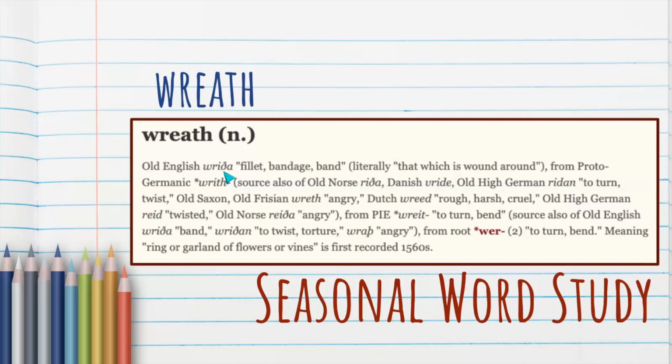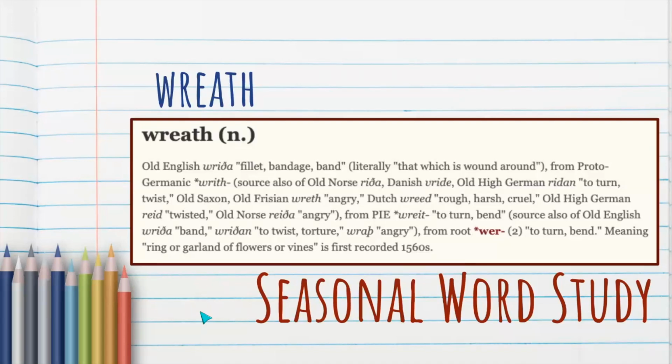Now, when you get the slide deck, in the speaker notes I've linked for you an Old English letter pronunciation guide for anyone out there who wants to practice their Old English spelling and or pronunciation. And there's also a link to the 5 letters that were lost when we moved to the printing press. Both the F and the thorn are examples of that. So in Old English, it meant literally that which is wound around.